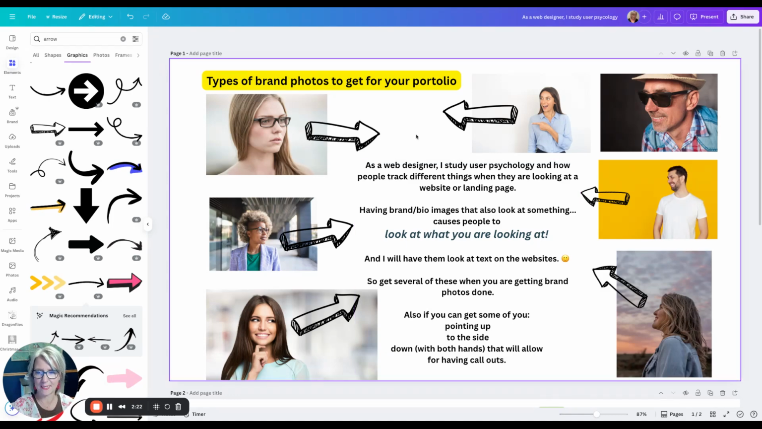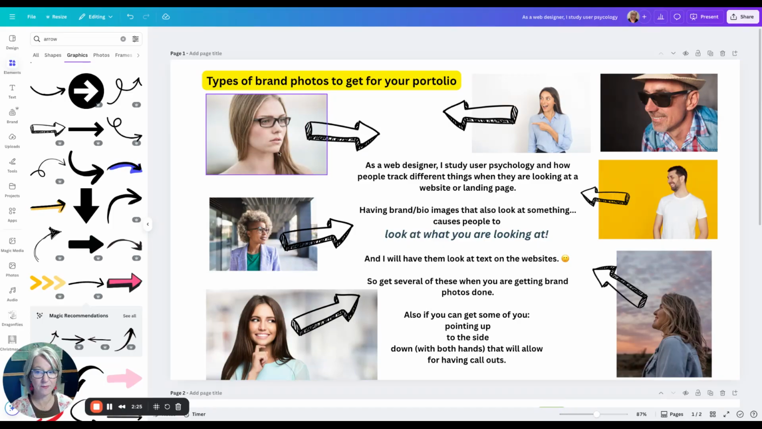And one of the things that you can do is have some images of you looking off. It can be looking to the side, looking up, looking at a diagonal, because of human psychology. Think about when you are on the interstate or wherever you're driving and you see an accident and everyone is looking at something. What do we do? What makes all the traffic back up? We look too. It's the same for a website. So when you have an image of you looking at something, it's going to draw the user to the thing